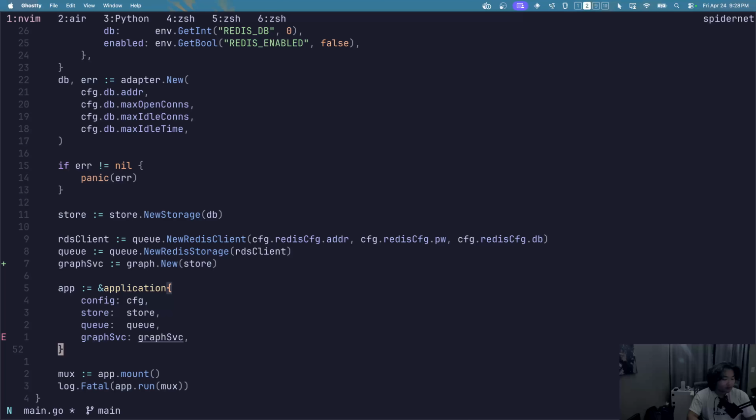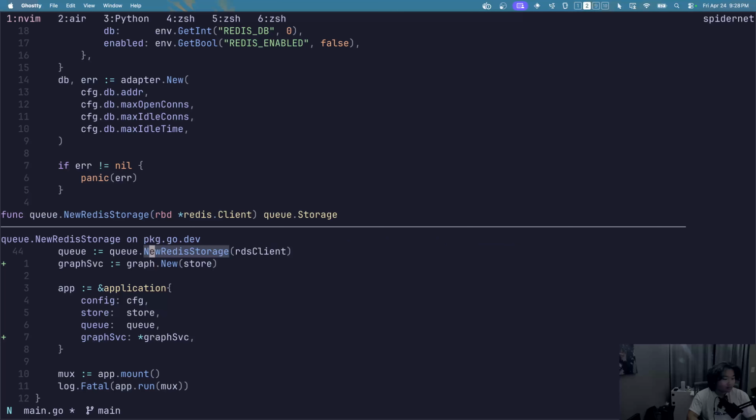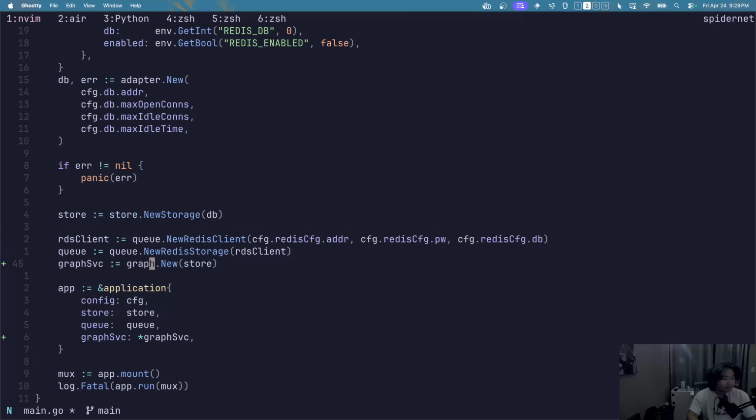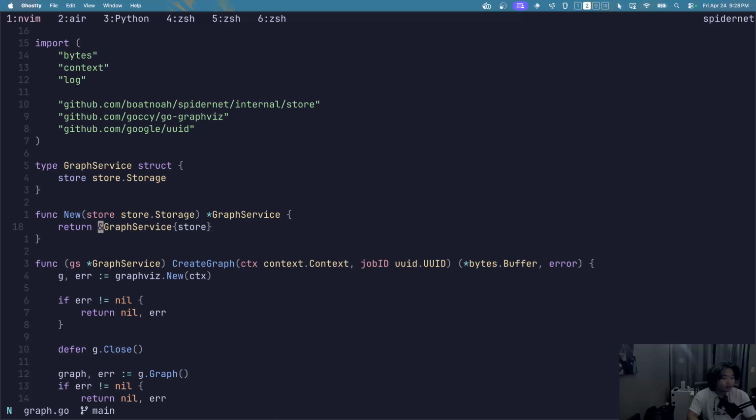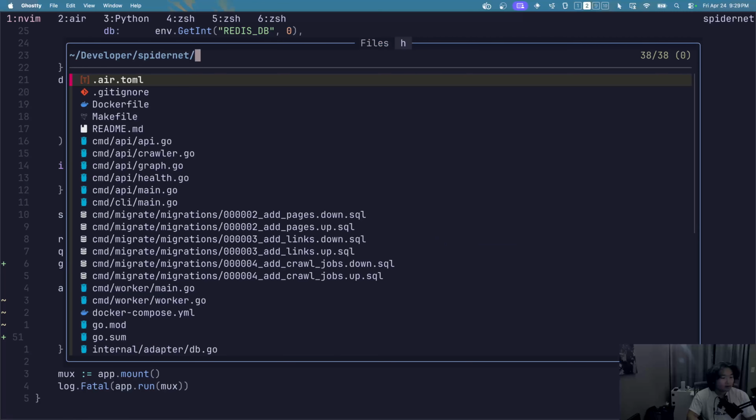It returns me a pointer, so I have to dereference it. Or should I take a pointer? I don't know. I shouldn't return a pointer. Just return a new one. I don't really see the value of that, but anyways, we have a graph service now, and we'll have a